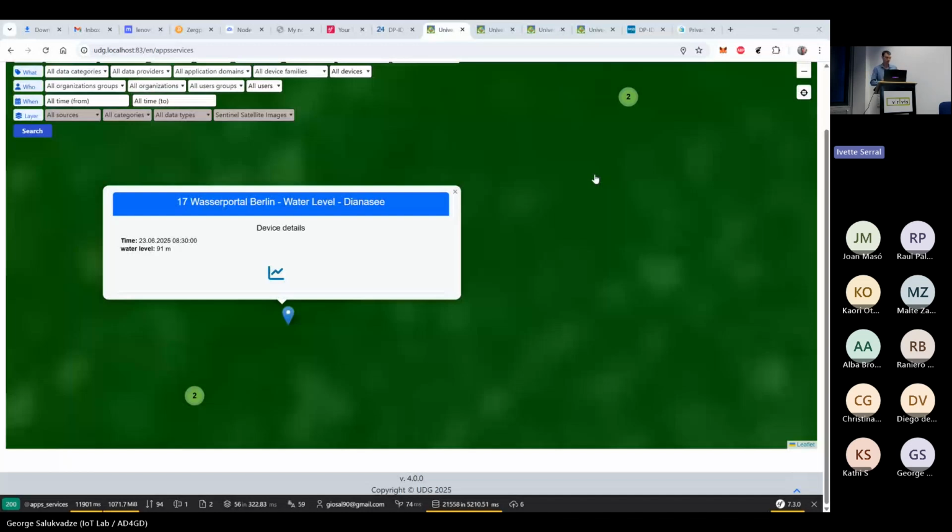So here we can see one sensor in the Ammersee, which is a lake in Berlin, that shows the water levels, which were taken from the Frost API, which is based on SensorThings itself, right? And it includes data from Wasser portal. Yeah. So in this specific case, we have a latest observation time and water level, and also we have a